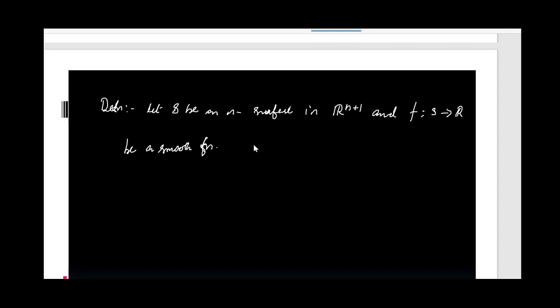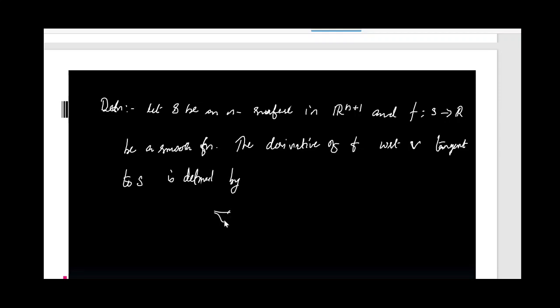The derivative of f with respect to the vector v, tangent to S, is defined